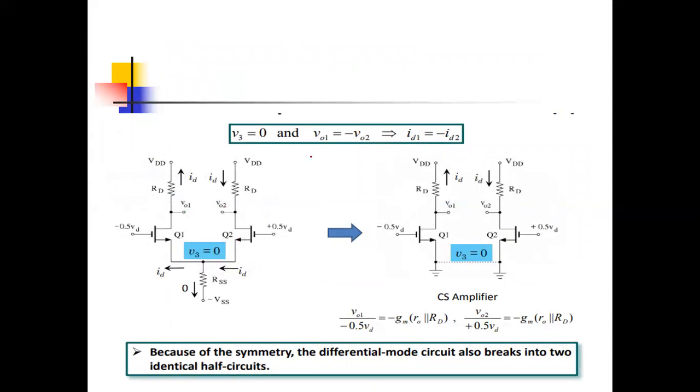So in short, when inputs are opposite in nature, then outputs are also opposite in nature, then currents will also be opposite. Now the main thing is this current is opposite in nature to this current. ID1 equals to minus of ID2, and here the addition of both currents is 0. So if the voltage drop is 0 here, there is no need to connect a resistance.